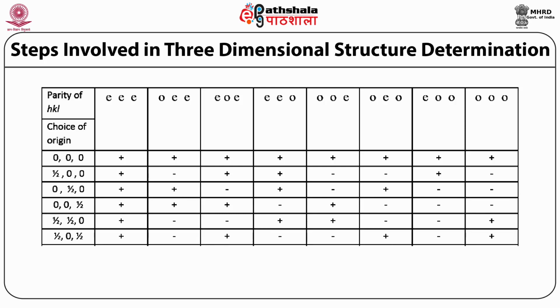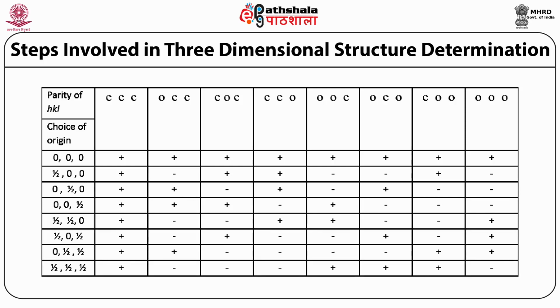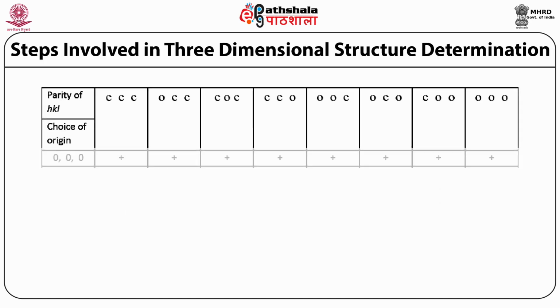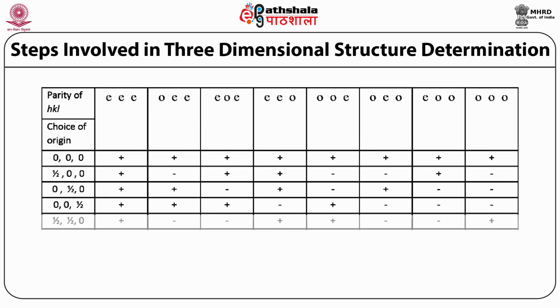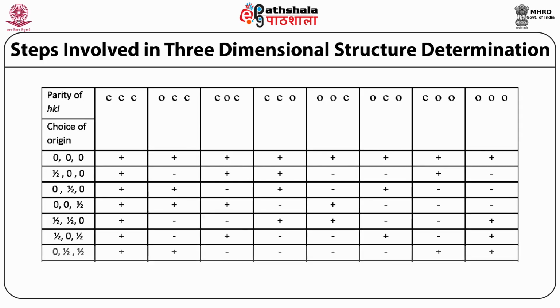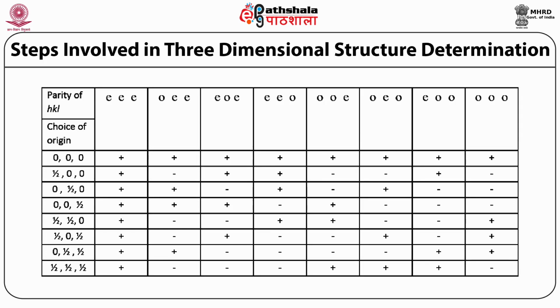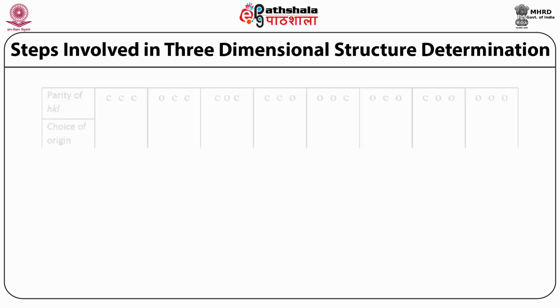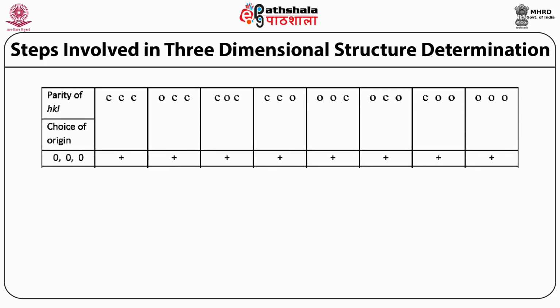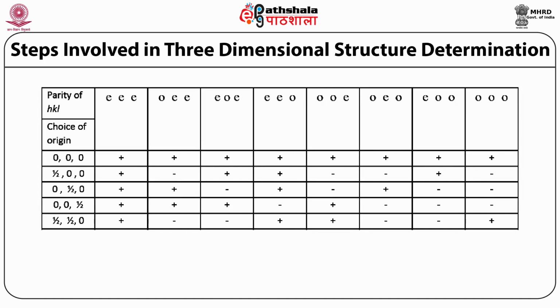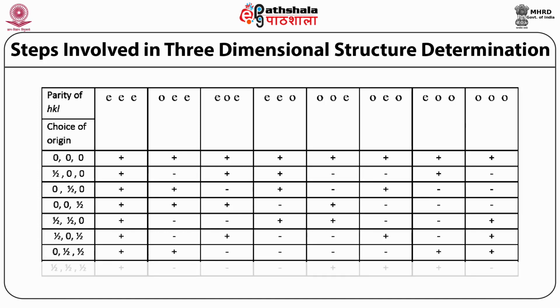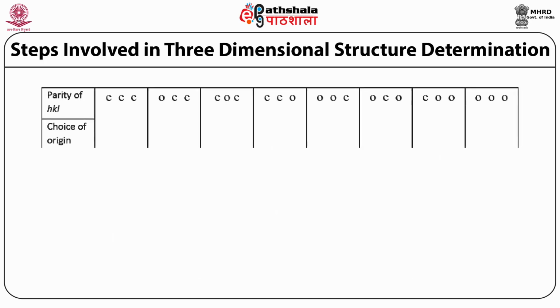Now when you talk about the change of origin from 0, 0, 0 to half, half, 0, 2 phase factors will be there. So the total phase factor is minus 1 power h plus k. Now you have to look into the parity of h plus k given here. For example, for even, even, h plus k will be even, therefore the sign is plus. Whereas for the second reflection, h plus k will be odd plus even, that is odd, so minus. If you look at the other reflection, even plus odd, that is odd, so minus. Similarly, you can fill up the next rows, and so on.